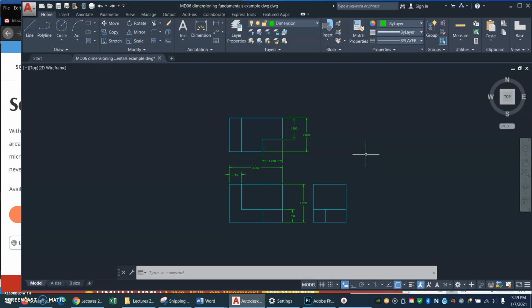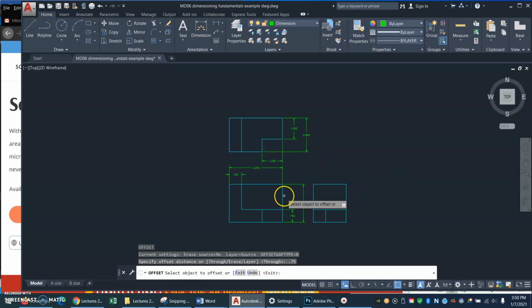What is not okay is that it's all just kind of uneven. I don't have the spacing even. I don't have things lined up. So now, you know what I sometimes do is I will just pick some standard spacing. Like, let's say I'm going to do 3/4 away from the part and 3/4 away from the part